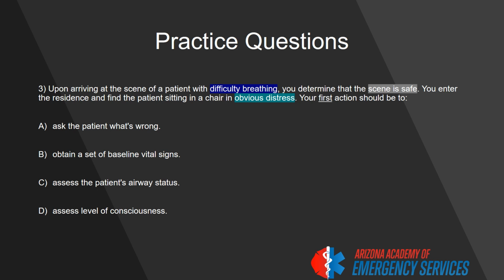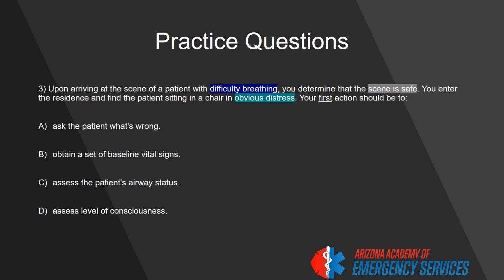Because when registry gives you this kind of question, your first action, your next action, your most immediate action, per the National Registry skill sheets, it wants the absolute next intervention or step in the patient assessment process. So when you find one of these questions that says your first action, your next action, your immediate action, in this case your first,